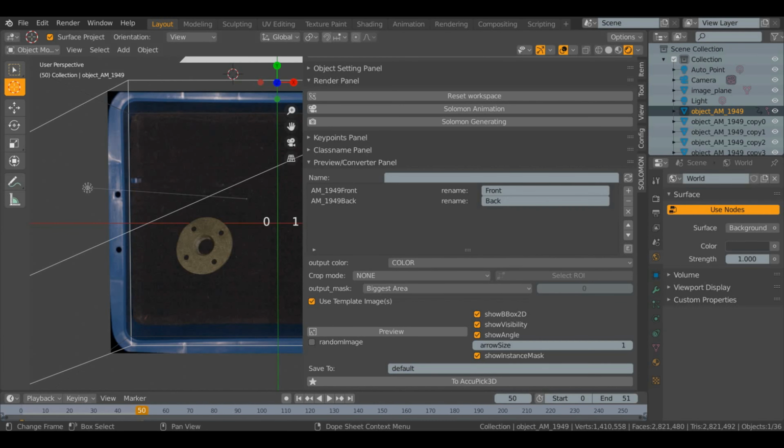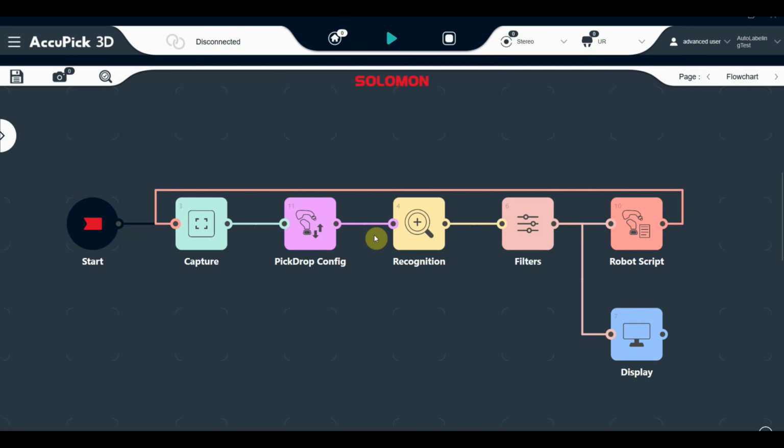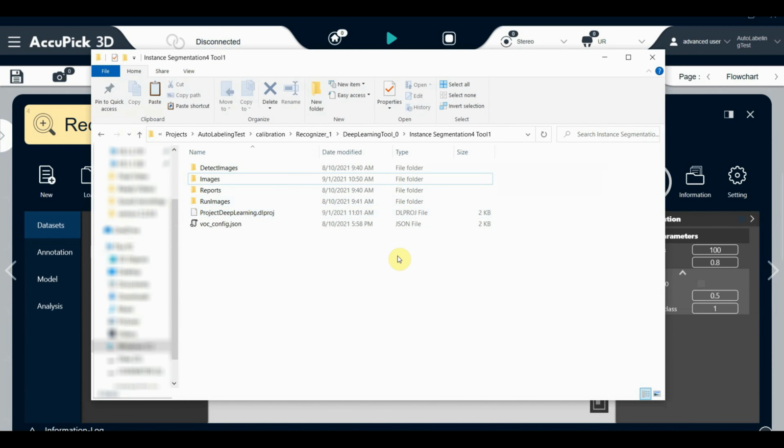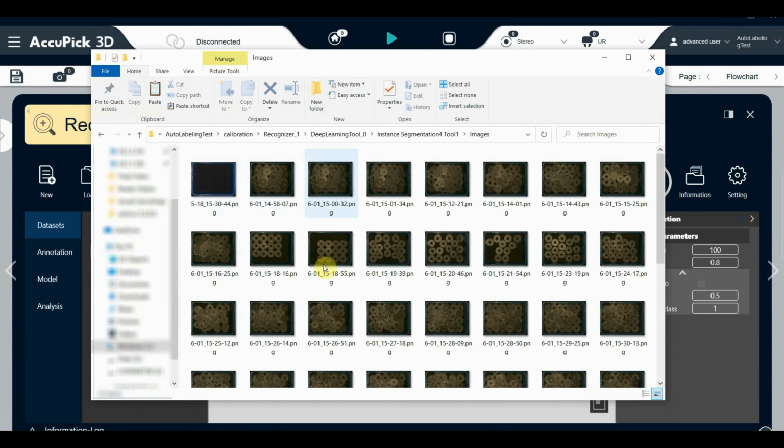To obtain the path, I need to open the project in AccuPick and go to the recognition block. In the AI tab, right-click over the instant segmentation icon. An extra window will appear. Select the option Open Folder and automatically the folder where AccuPick used to store the images will be opened. Double-click on the image folder and you will see the initial set of images we have captured as a preparation